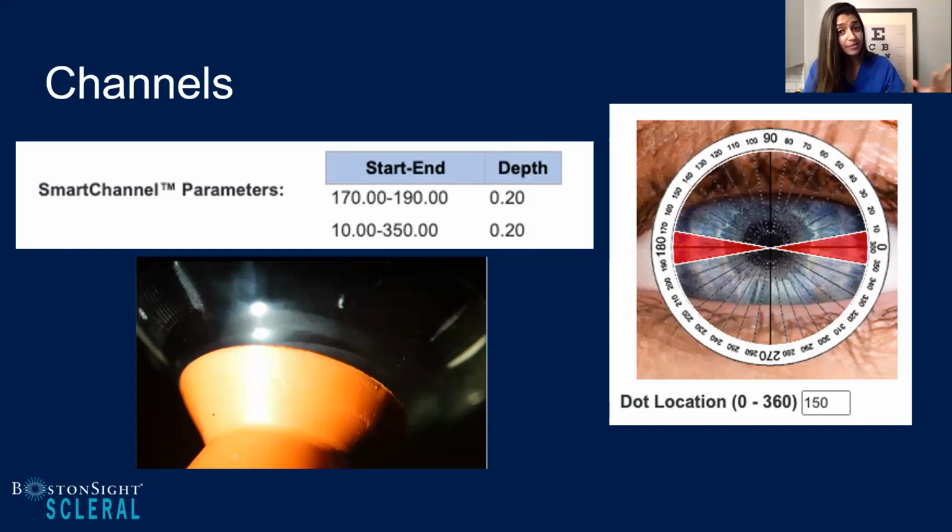The conjunctival prolapse receded. The limbus looked nice and even. We didn't have an increase in neovascularization or any staining, but the best was me really getting a feel. When I removed her lenses, they came off very nice and easy. And so I think the channels and this technology, the smart channels that Boston Sight has, is a great resource for a lot of our patients that really have this suction issue.